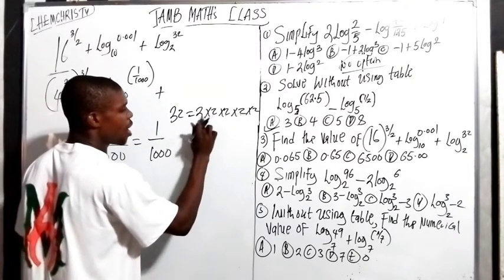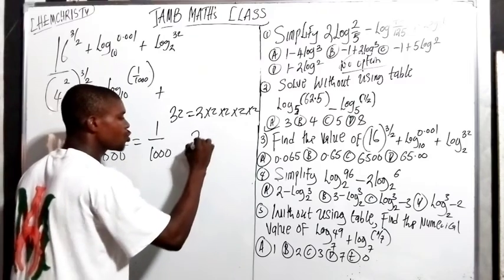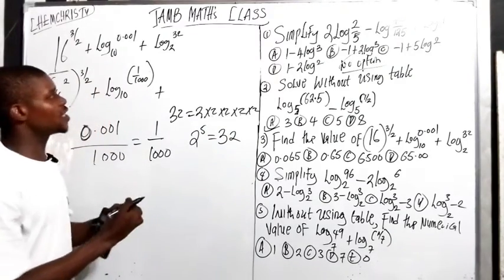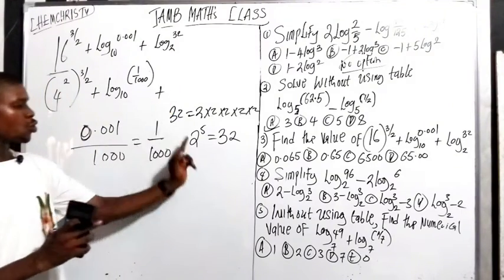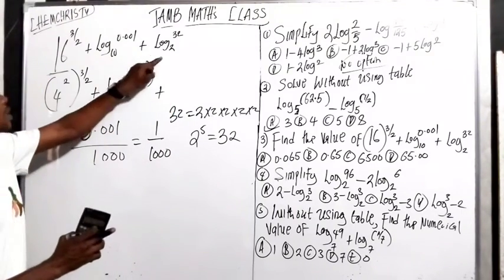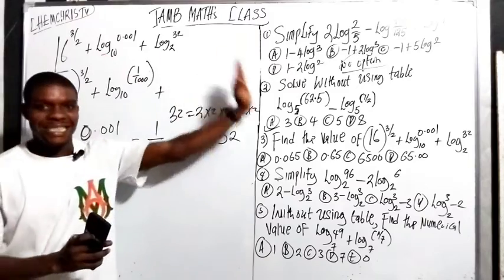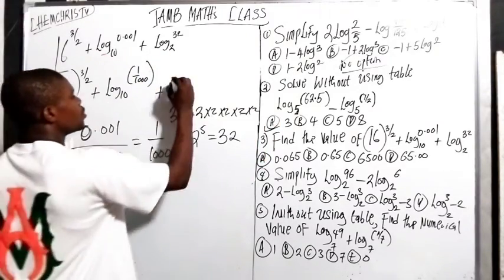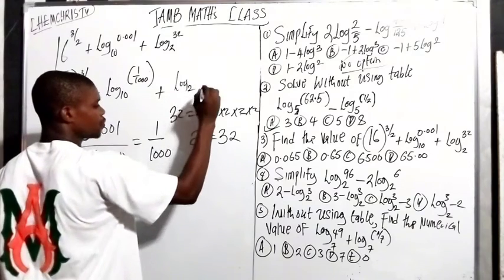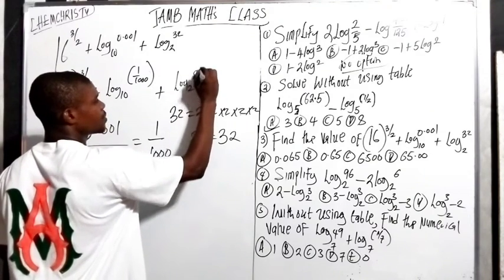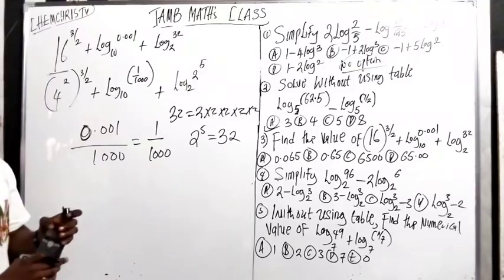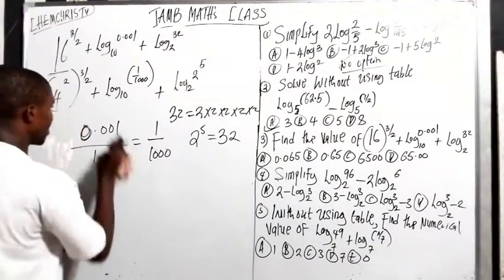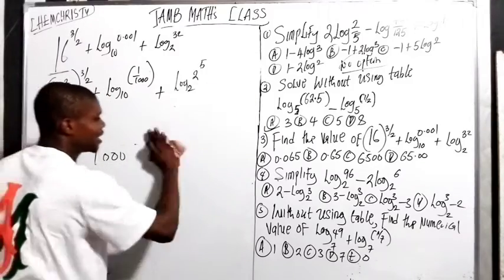How many 2s do you have here? 1, 2, 3, 4, 5. So 2 raised to power 5 is 32. The main reason I reduce to 2 is that they don't have the same base, so I have to evaluate them separately. Do you understand? So this is the same thing as log base 2 of 2 raised to power 5. That is the meaning. So the next thing I want to do here now is to